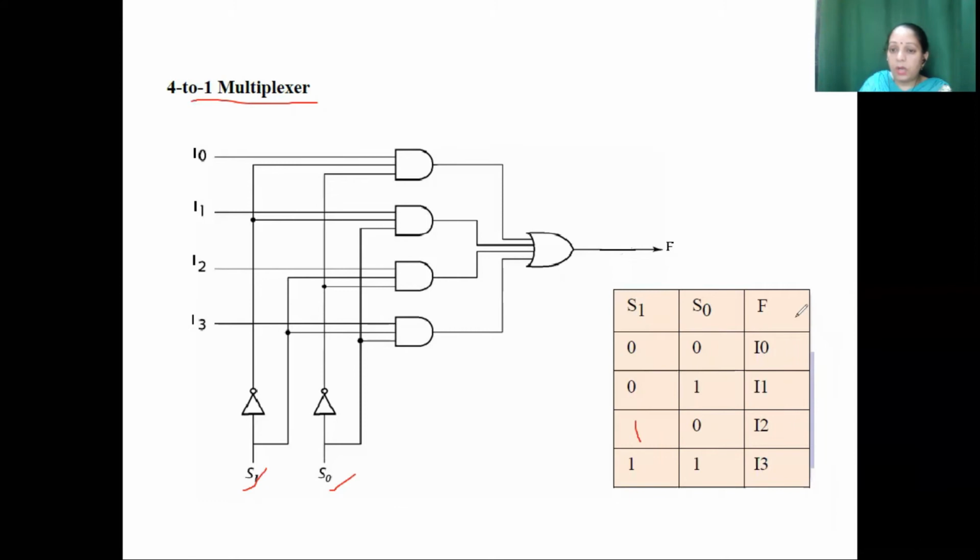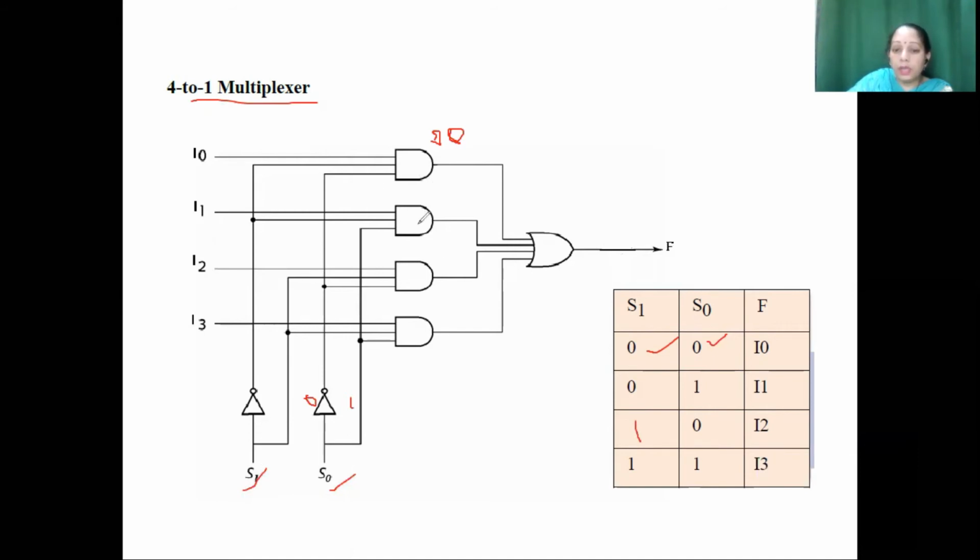According to this truth table, a tabular representation of the circuit, 0 or 1 input has a number of outputs, that is I0, I1, I2 and I3. Now for I0, I have 2 inputs, that is 0, 0. This is my 0 and this is my 1. You can join from both. In the first, I0, I have both inputs 0 and 0. So you can join from this inverter to I0, and S1 from this line.